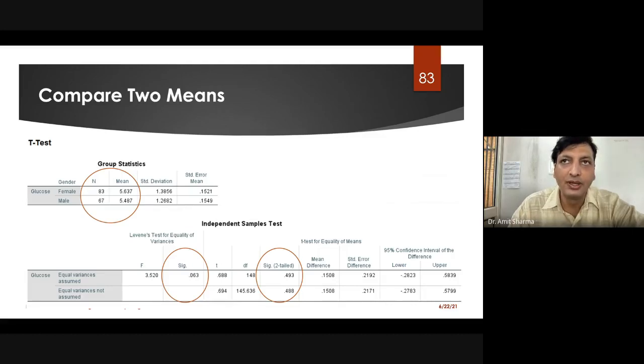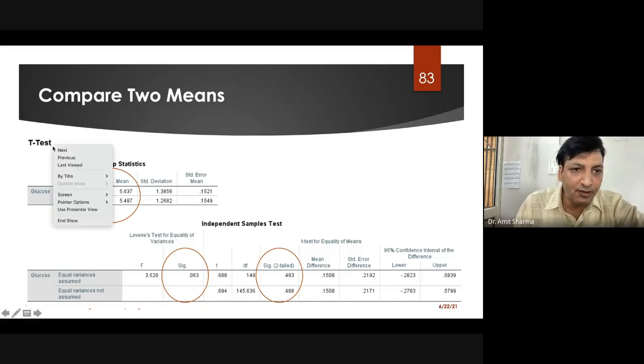As I told you, whenever we are writing a thesis or a research paper, we have to write the descriptive statistics of all the variables. So the first table represents the data of plasma glucose by comparing gender. In gender, we have two different categories, female and male.